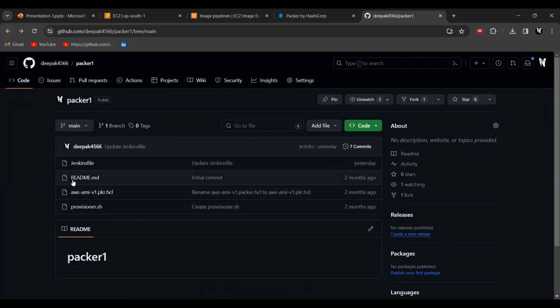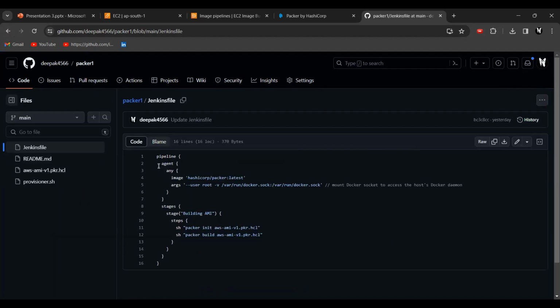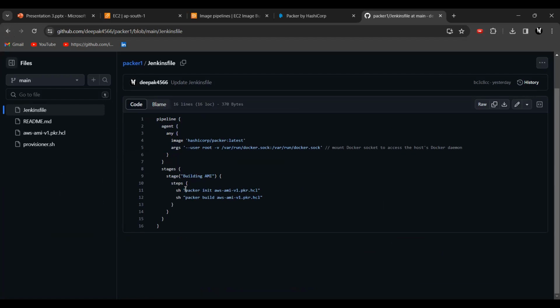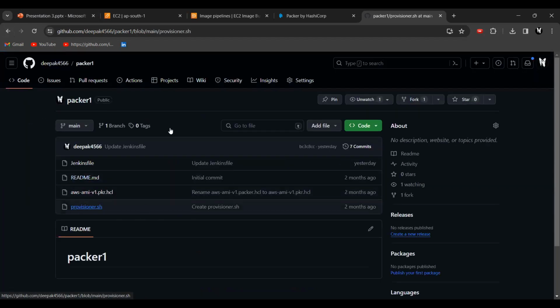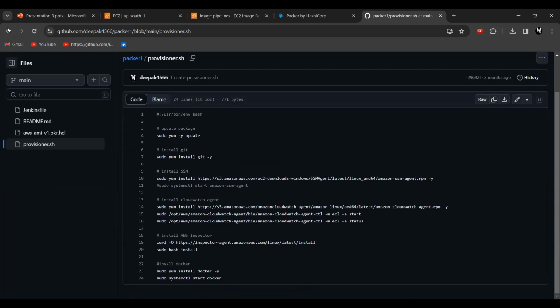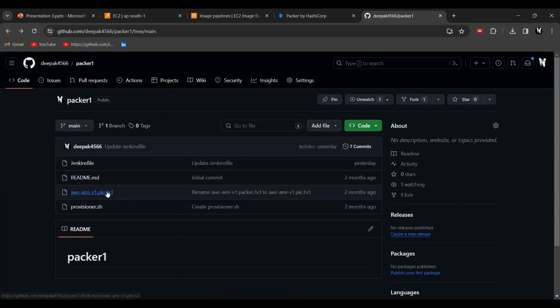Okay. This is the .html file and this is the provisioner.sh. Here is a Jenkinsfile. You have just two commands. As I said, when we run packer init and packer build on the .html file, it will configure this provisioner.sh from the .html file.